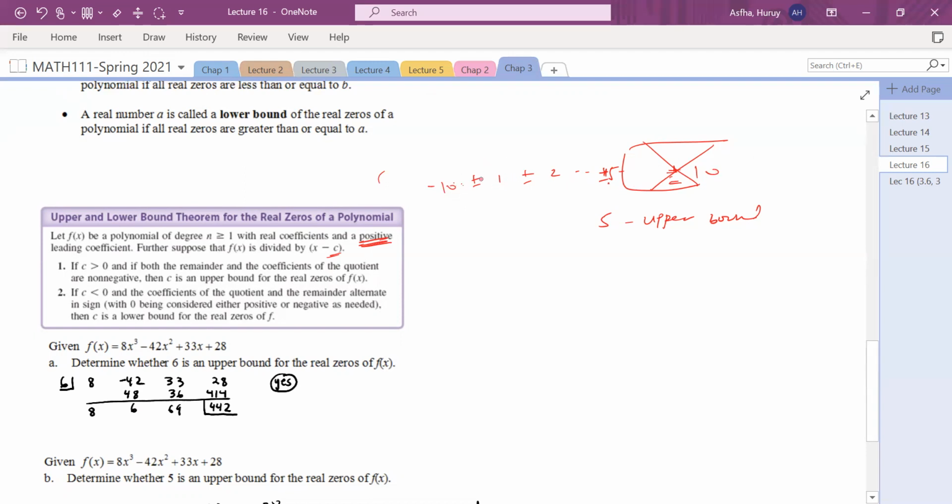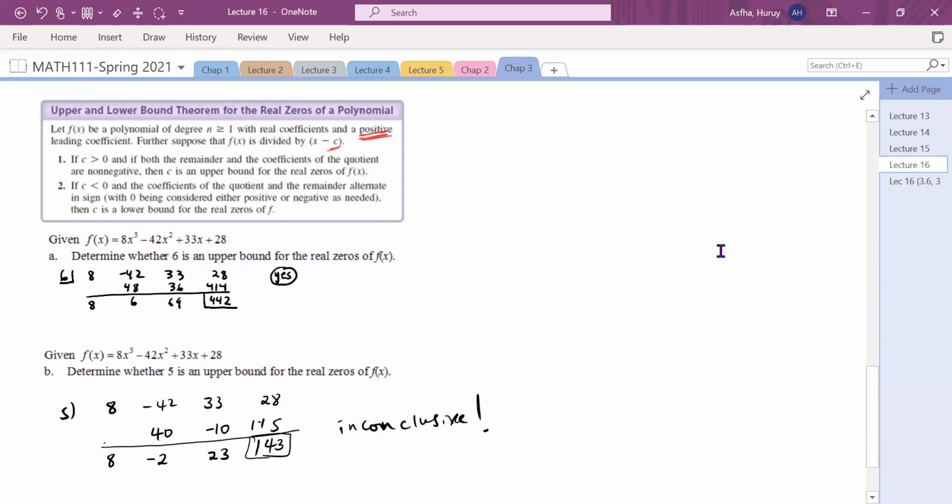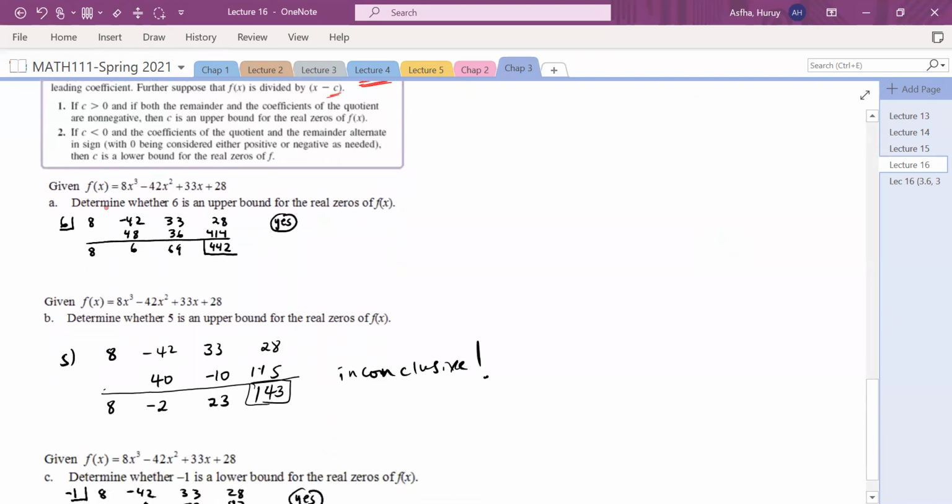And similarly, on the lower side, once we find the lower bound, then we can cut off all the possible rational zeros below the lower bound. So that's how they can help us narrow down our options. For example, we have f of x given by this,